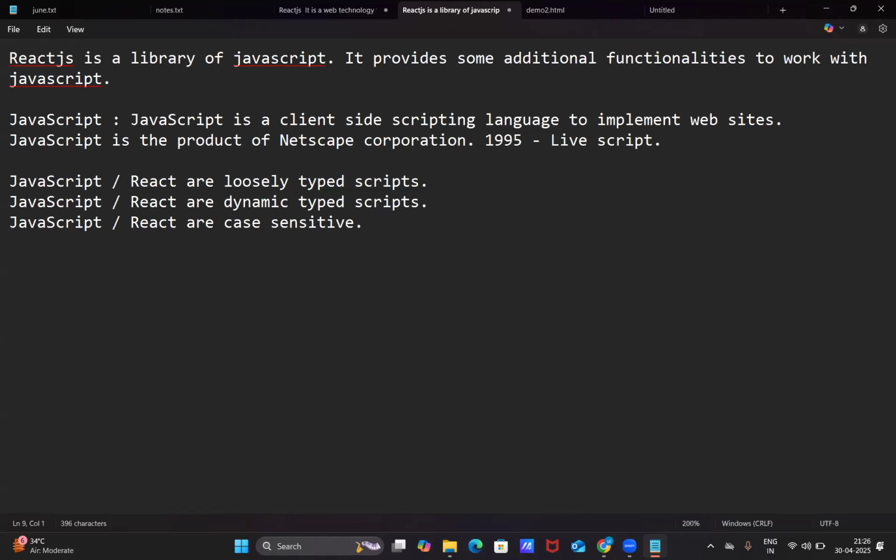Some functions contain a combination of both capital and small letters, so you must follow that. This concept is called case sensitive. Is it clear? JavaScript and React are case sensitive technologies. Now, JavaScript and React